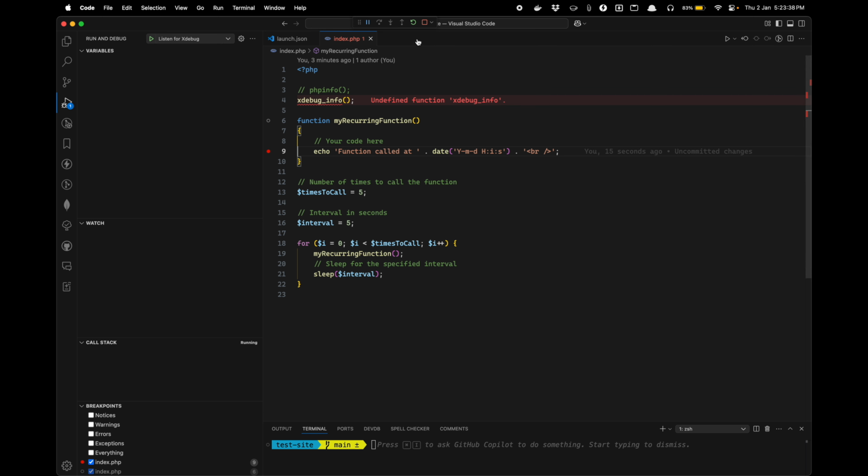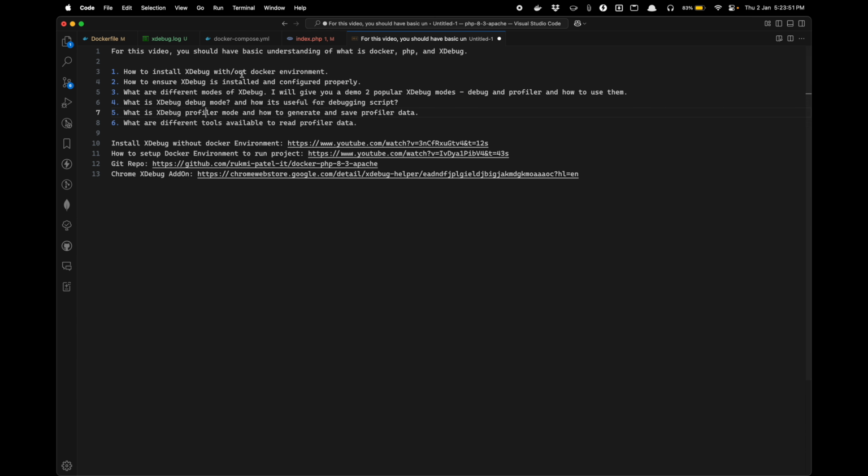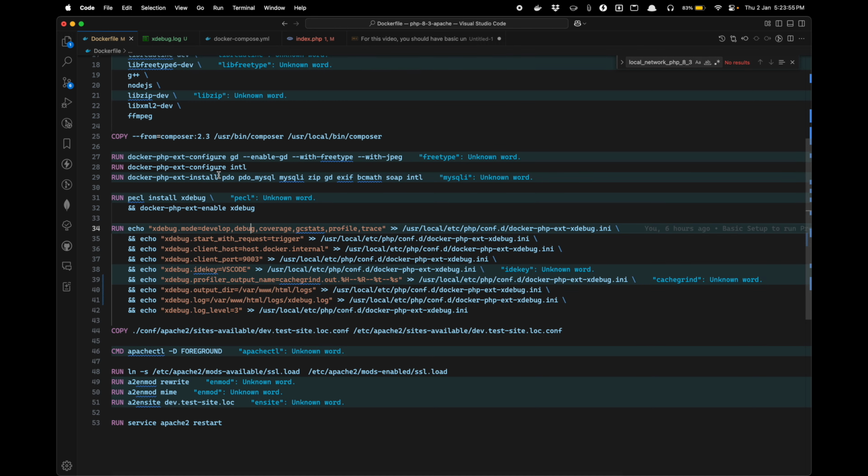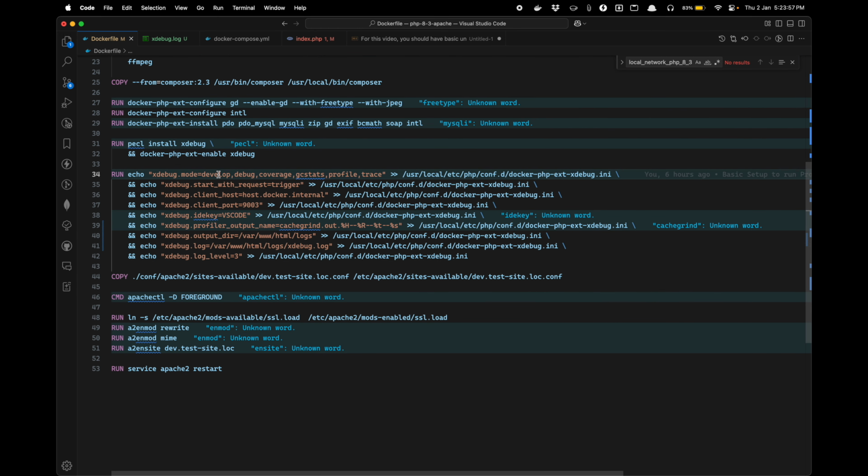Here you can just disable this, stop this debug tool. For the profiler you don't need to run XDebug,